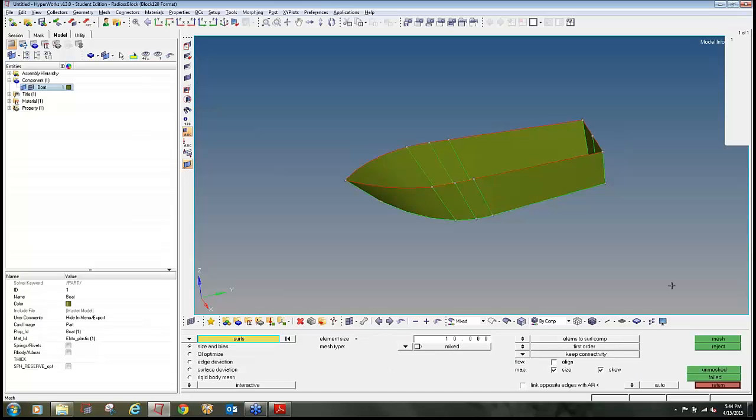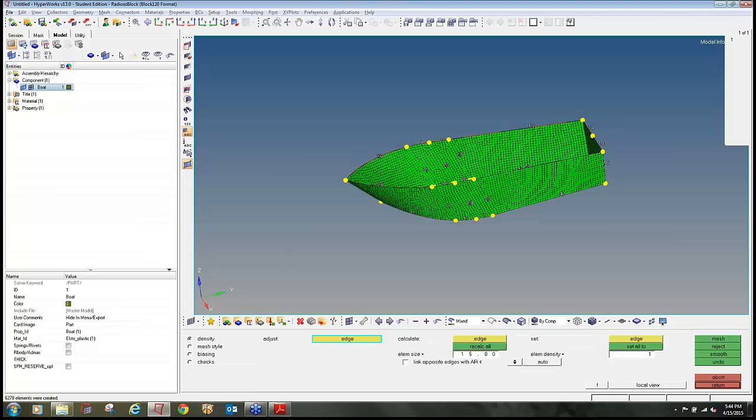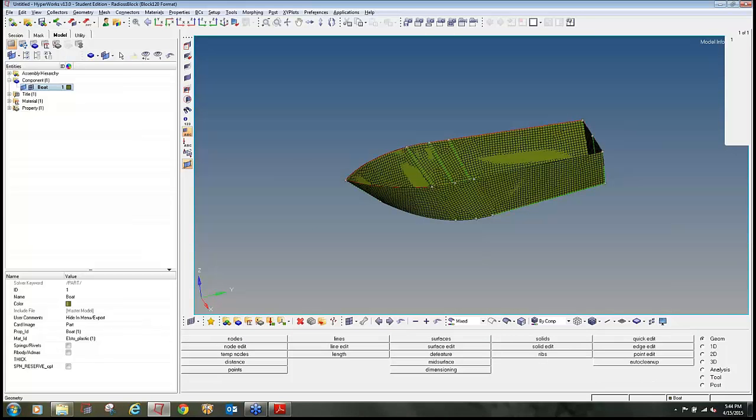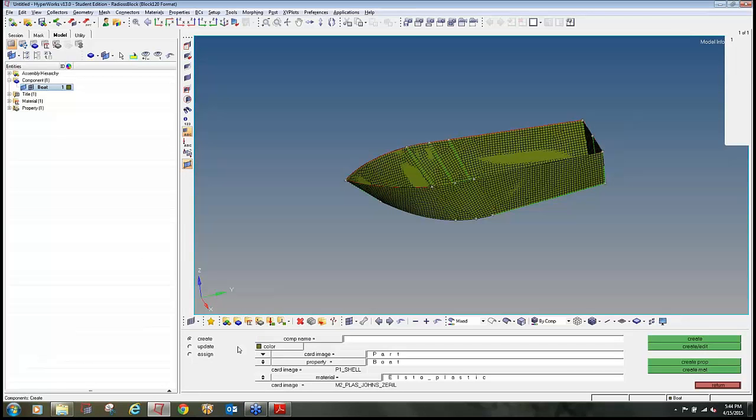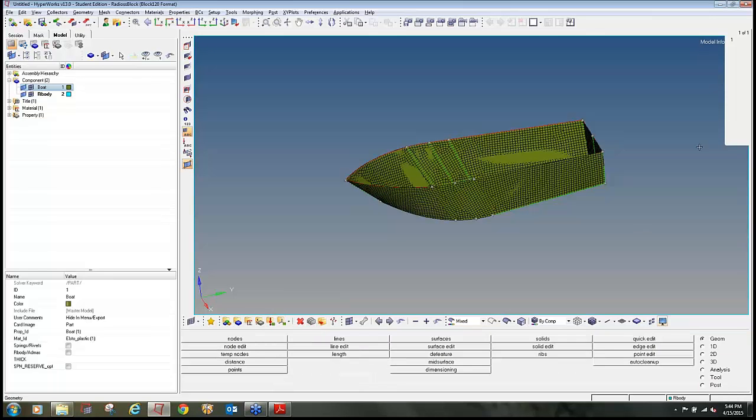Now I will mesh the component, say with the element size of 15, then return, again click on return. I will create one more component as R body with no card image, no property, no material and somewhat different color. Click on create